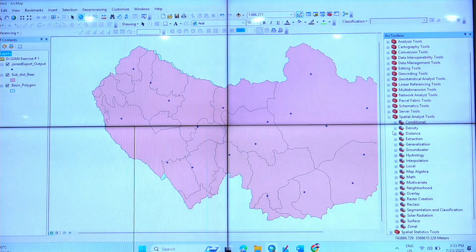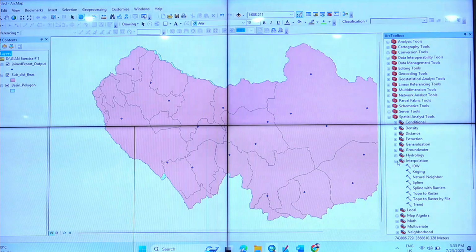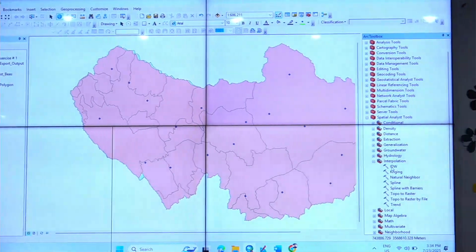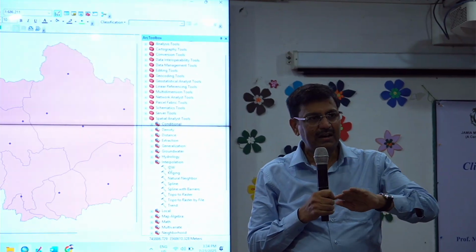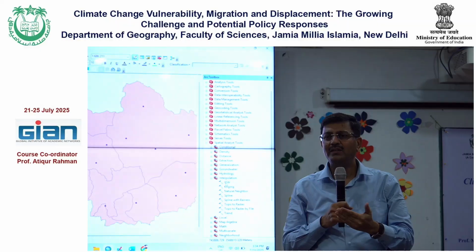Click on this, and then we go for interpolation, right? Then there is an option IDW, inverse distance weighted. The value may change. How does the value change? If I'm here, you are somewhere here, there's a 0.10, here's 0.2, 20. So if I go closer, it will increase. And if I go beyond this point, suppose there is a polluting unit, a chimney emitting some pollutants, then if you go away from the source, the value will decrease. And if you come close, the value will increase.